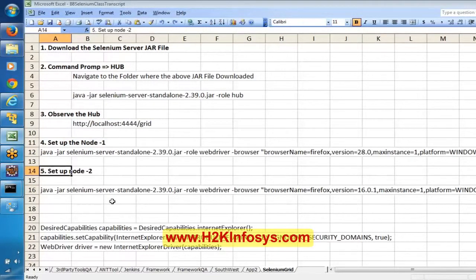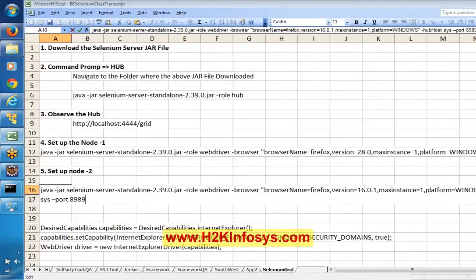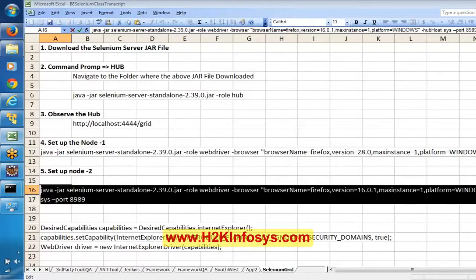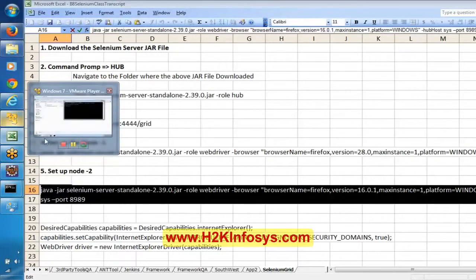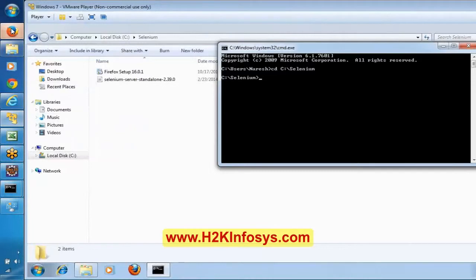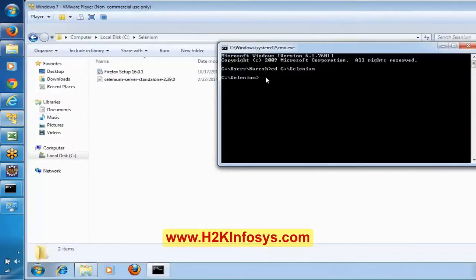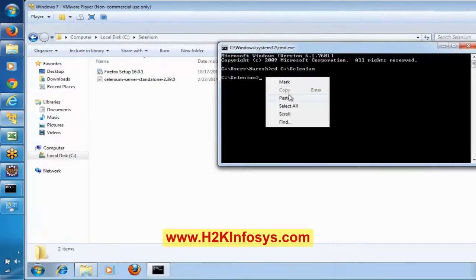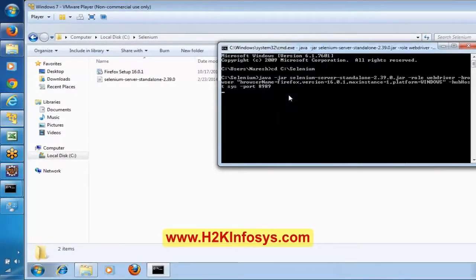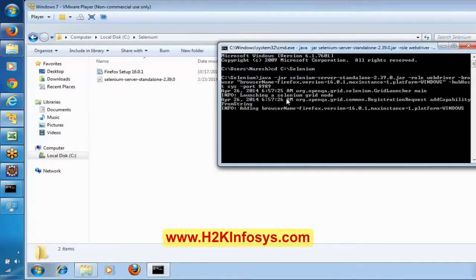So here let us copy all these things. Now let me go to this virtual machine. Before creating this node, how many things do we have? We have only one browser version that is available. It is showing, right? Now if you go here and execute this command, it is adding one more thing, adding browser name and all.